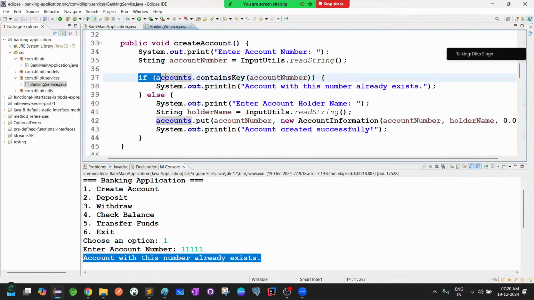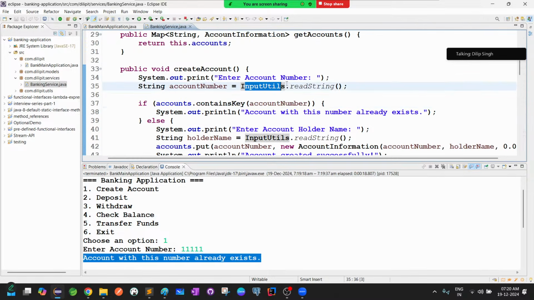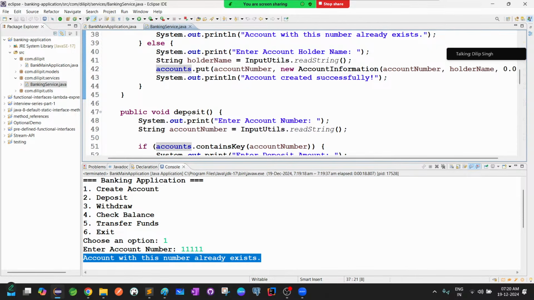So how is the JVM moving? That means if the if block is executed, the else block will not be executed. Here I want to see what account number it is taking internally, and how it is comparing the input account number with the other account numbers, the list of account numbers. I want to see all these things in real-time mode with real data